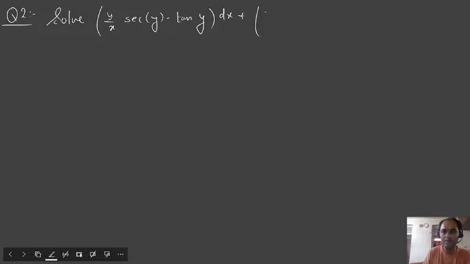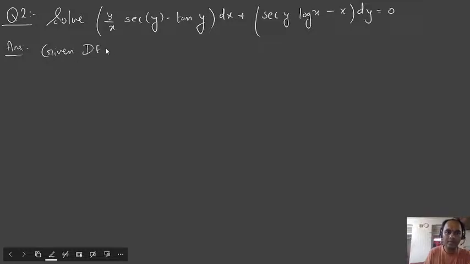They have asked us to solve the question here, that is (y/x) sec y minus tan y dx plus sec y log x minus x dy equals 0. So in the answer we will write our differential equation again. So we say, given